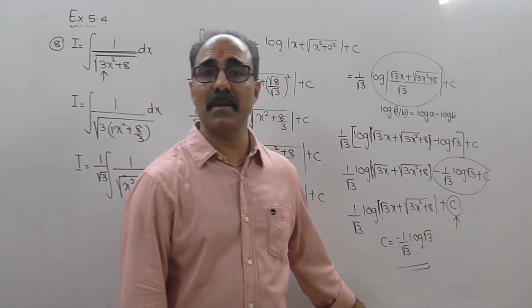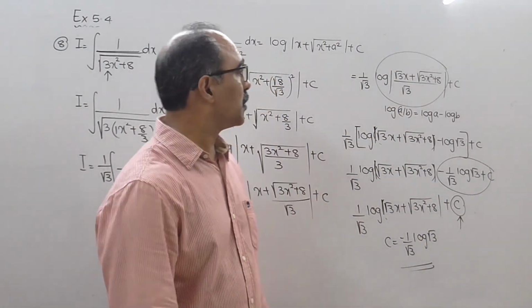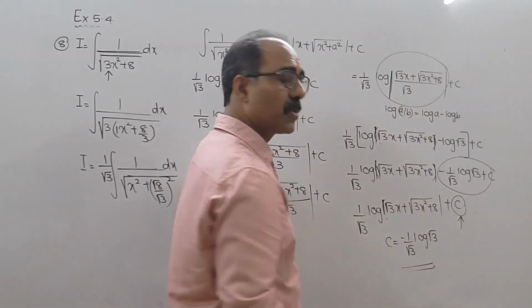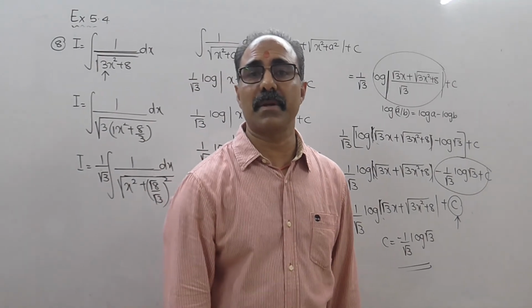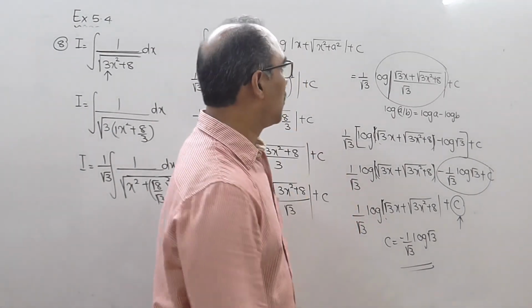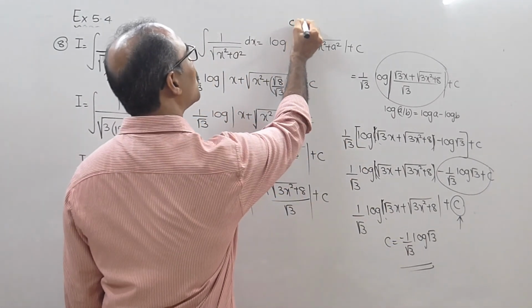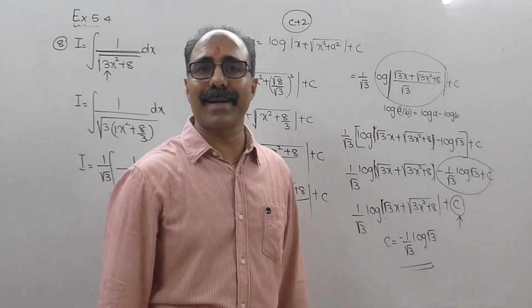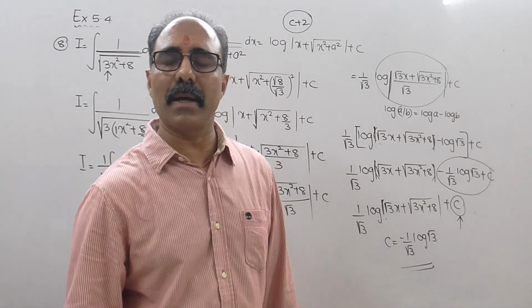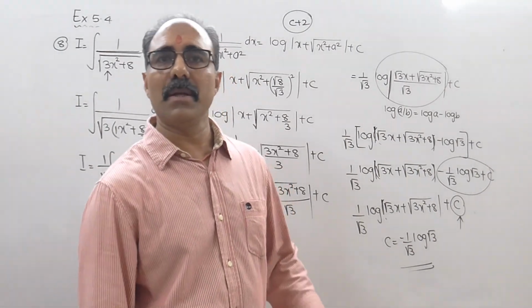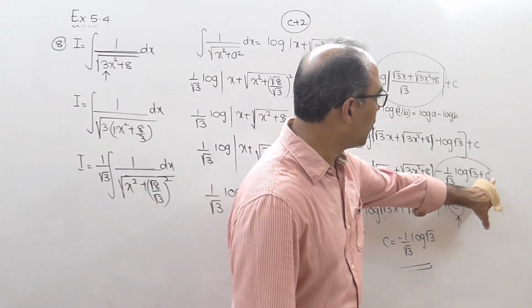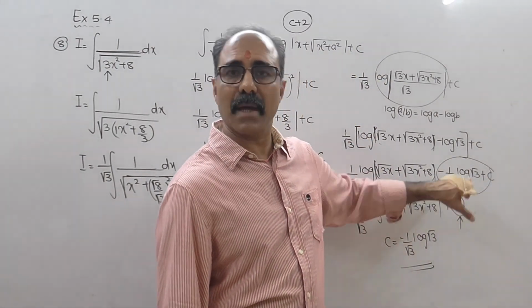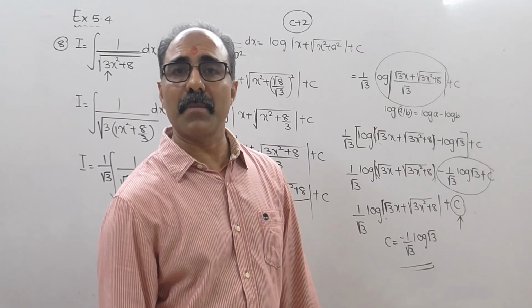This is how it has been done in the textbook. Actually speaking, you can leave it here, but since they have done all this in the textbook, you have to follow the norms that have been given in the textbook. You don't have a choice. Suppose you have c plus 2. Suppose c is an arbitrary constant, so you don't know what exactly it is. If you add 2 to that, you will still get an arbitrary constant. That is what I was trying to explain: c is an arbitrary constant, and if you subtract a constant from this, the answer is still going to be an arbitrary constant only.